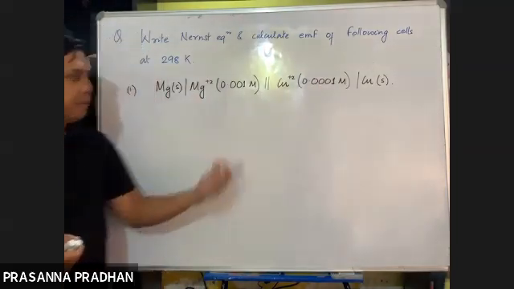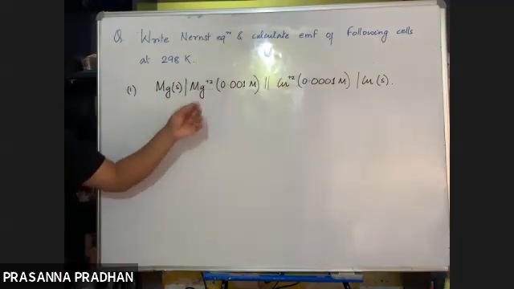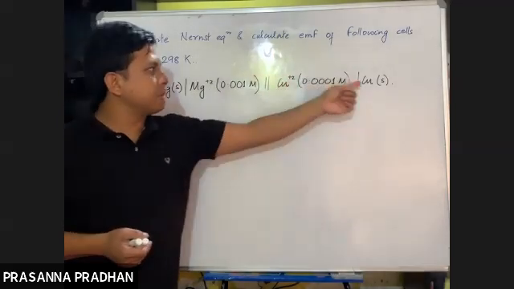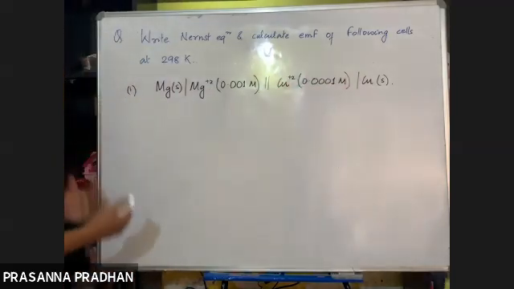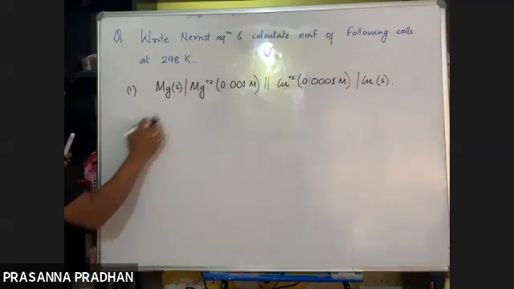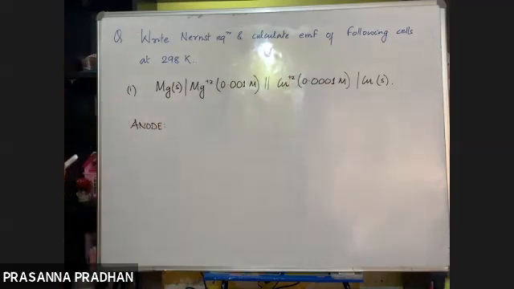The cathode. And we know at the anode oxidation occurs. Magnesium is getting oxidized to magnesium dipositive. On the cathode side, reduction occurs. Copper dipositive is getting reduced to copper. Before writing down the Nernst equation, we should be able to write down the full cell reaction. So let us first start with the reaction taking place at the anode. What will be the reaction taking place at the anode? Yes, oxidation occurs. What is getting oxidized to what?